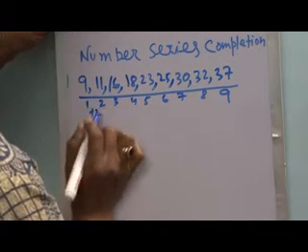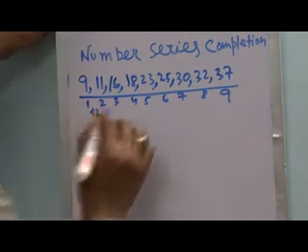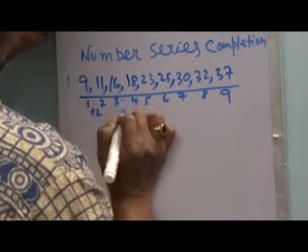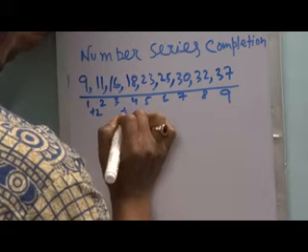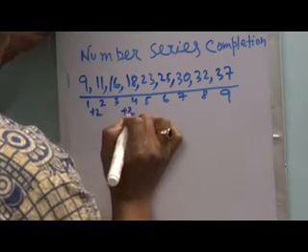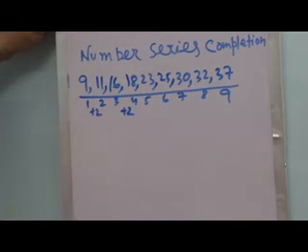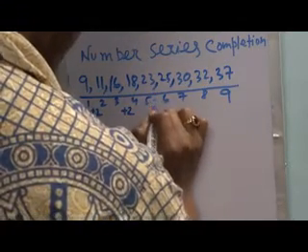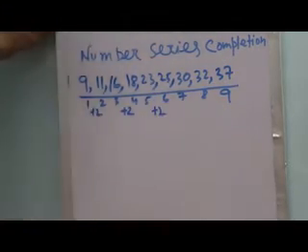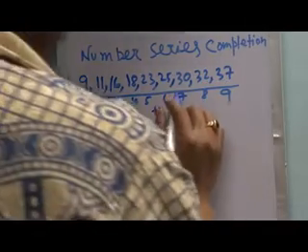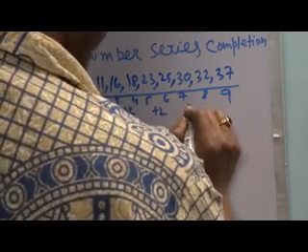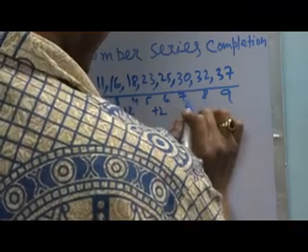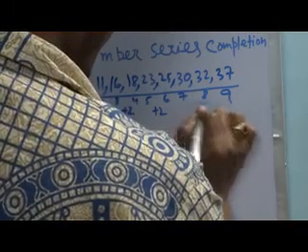So 9 plus 2 equal to 11. Similarly, the number in position 4 is incremented by 2 from the number in position 3. So 16 plus 2 equal to 18, and then from 5th and 6th position it is also incremented by 2. For 7th and 8th, the same logic will be implemented between the numbers in position 7 and 8.